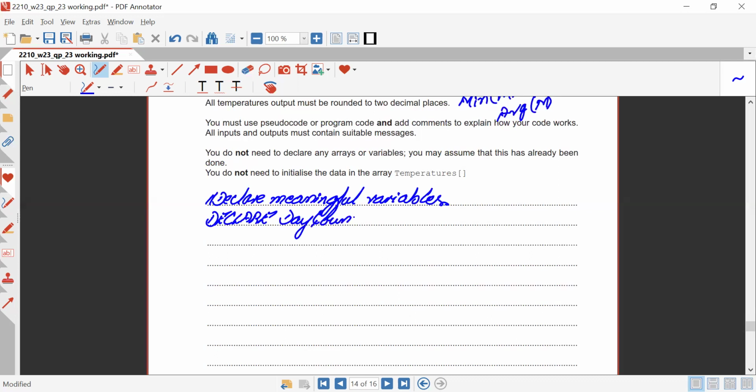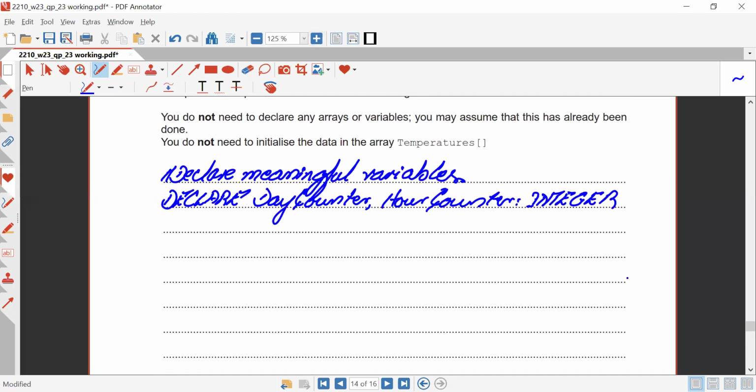Day counter, comma, hour counter, data type is integer right over here. Another thing that we need to declare: we need to do with the average of the days, average of the week and all. So two averages, one for the day, one for the week, two maximums, one for the day, one for the week, two minimums, one for the day, one for the week. So we will be declaring